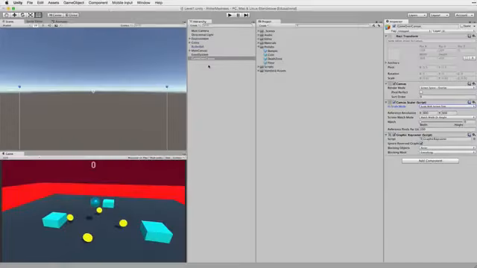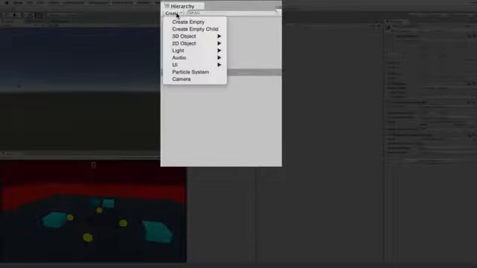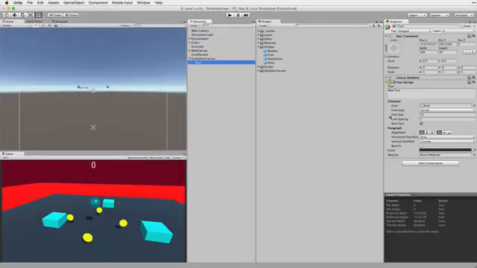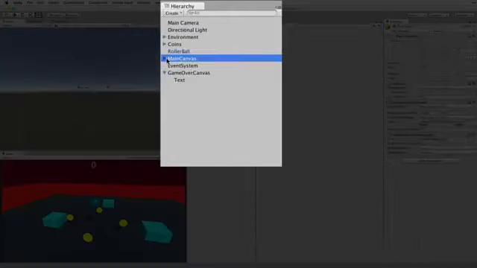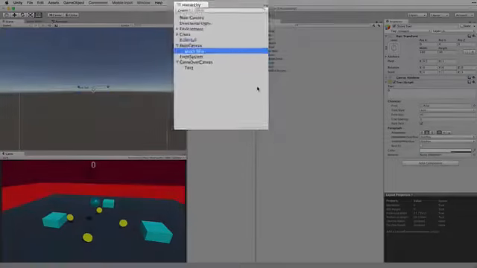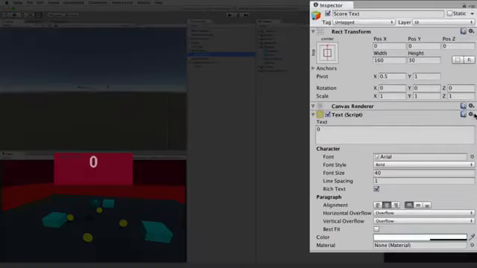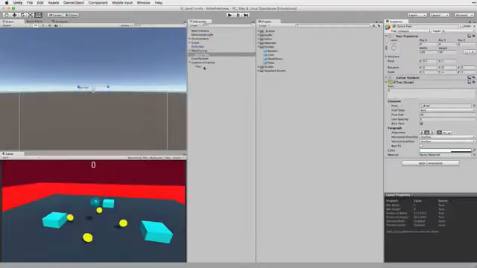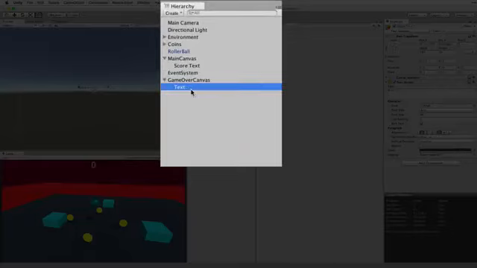So just like before, I want to have text on the end game screen. So with the canvas selected here, I can go to Create UI and select Text, and then it will put it as a child object of that canvas. So I need to set up this text component like we just did, but one thing that we could do is we could actually copy values from one component to another. So if I go back to the main canvas and go to the text component, I could actually click the little drop-down gear and select Copy component. Now when I go to this text component, which I'm going to rename